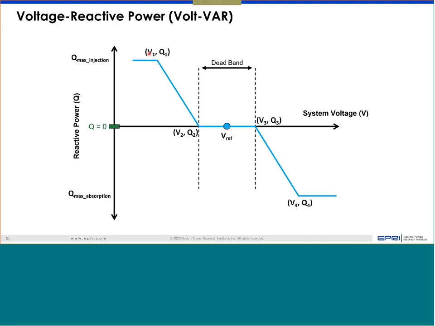But another thing we have to remember: in the standard, from 88% to 110% is defined as the normal operating condition. Below 88% and above 110% are defined as abnormal voltage conditions. And there are totally different requirements for how the DER should behave during abnormal voltage conditions. These are the functions defined for the normal operating condition. So voltage might be 0.8. That doesn't mean that it will continue to operate till 0.8. It will just dictate that at the edge of